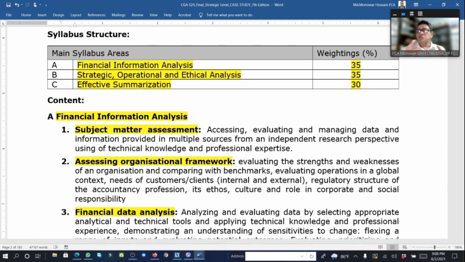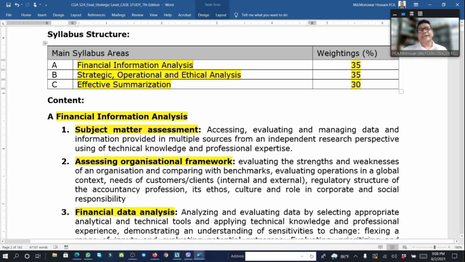So within that analysis, what we have to do is valuation, capital budgeting, sensitivity analysis, risk analysis, etc., within that financial information line. And another 35% is strategic, operational and ethical analysis. That is, for taking any decision, or ethics analysis, for example,